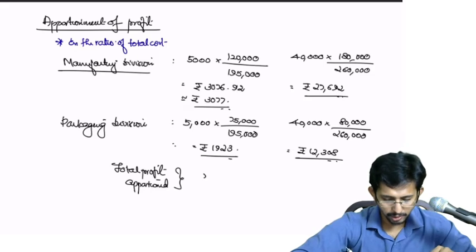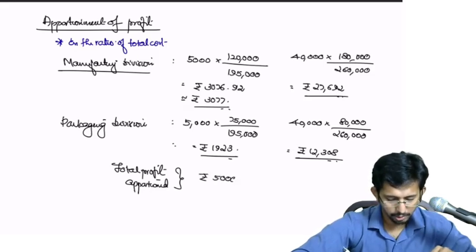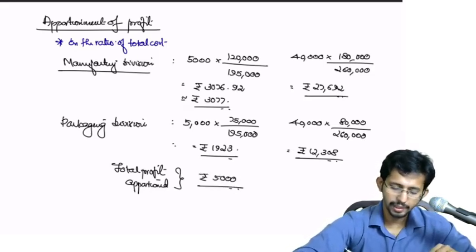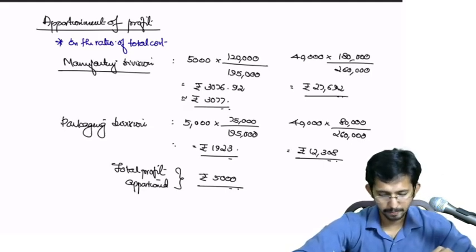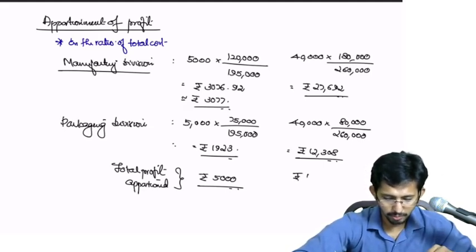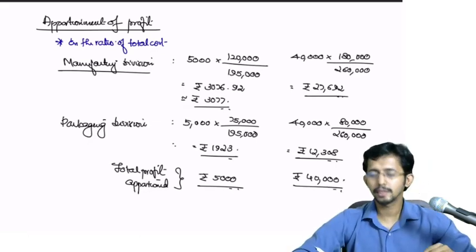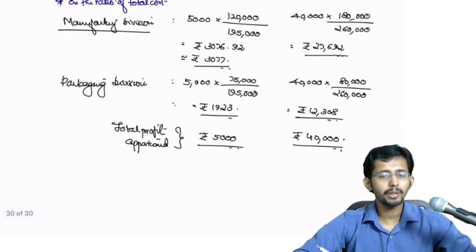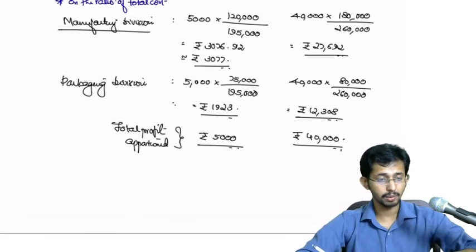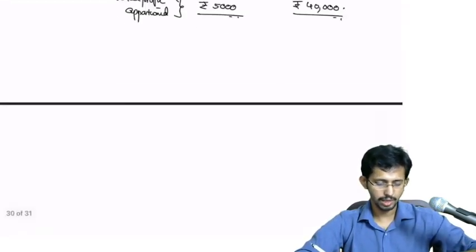$3077 plus 1923 will be 5,000, and here 27,692 plus 12,000 should be 40,000. Okay, this is the apportionment. Now what you have to do? You have to find out the transfer price. Okay, so transfer price,